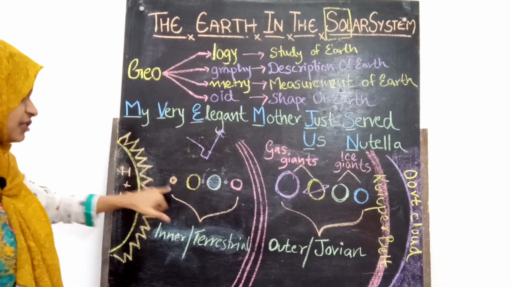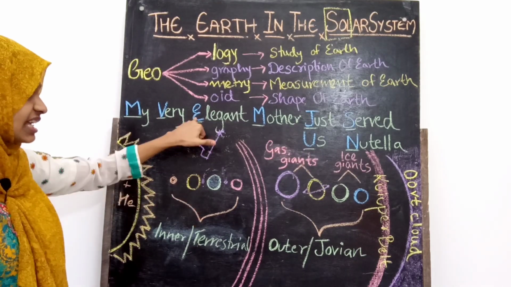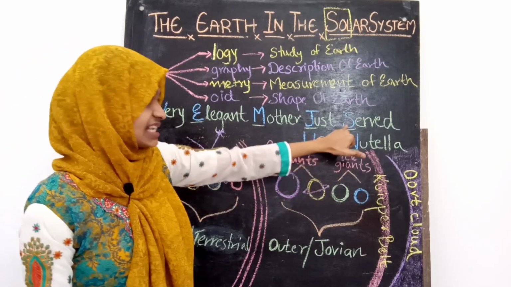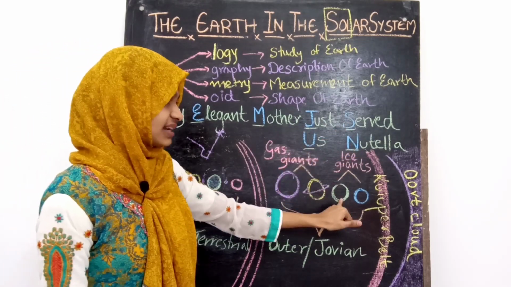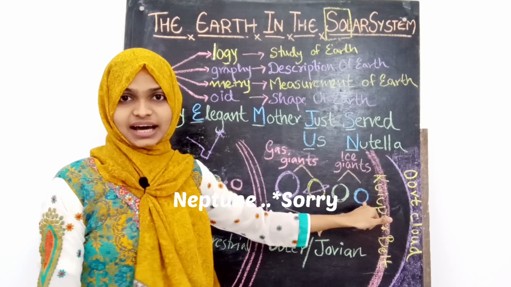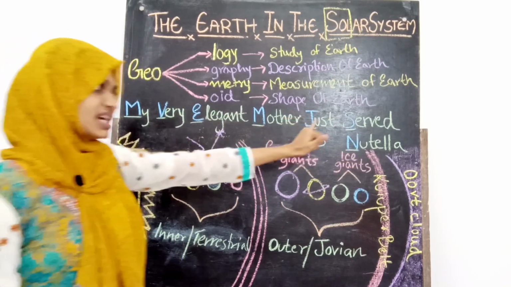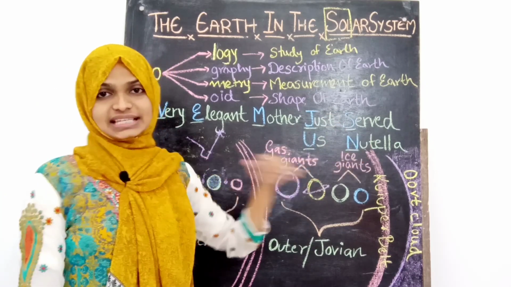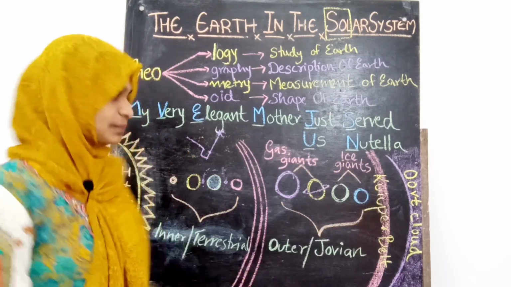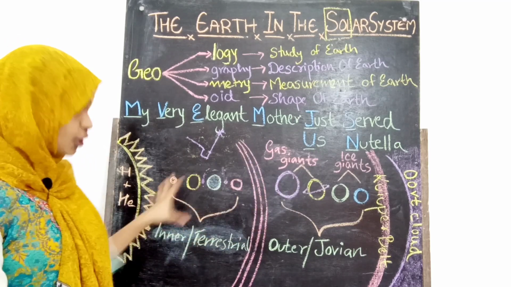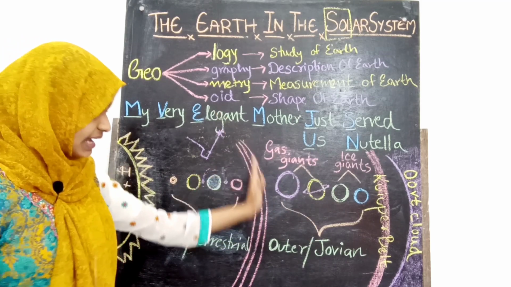So M for Mercury, V for Venus, E for Earth, M for Mars, J for Jupiter, S for Saturn, U for Uranus and N for Nutella. So just remember this word: my very elegant mother just served us Nutella, so that you can easily remember the 8 planets. Now the 8 planets are divided equally into 4 planets on each side by a belt known as